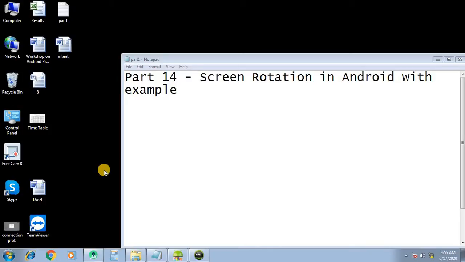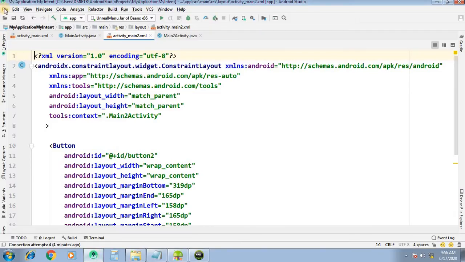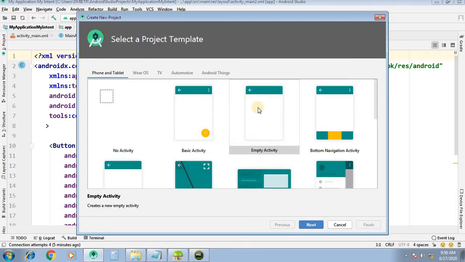So we will create a project for this. We will display the message whenever our mobile is in landscape mode. For this we will create the object of window manager and we will assign it to the display object. So go to Android Studio, from file, new project, select the empty activity, click on next.